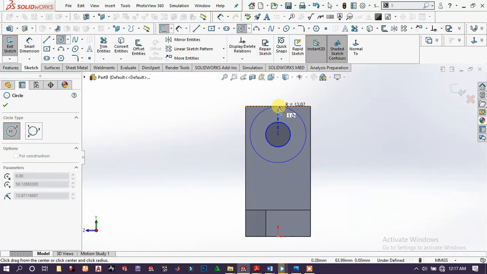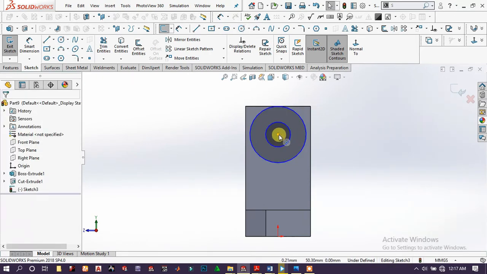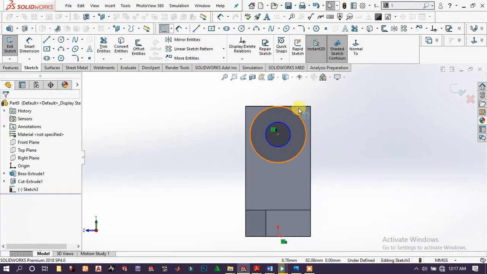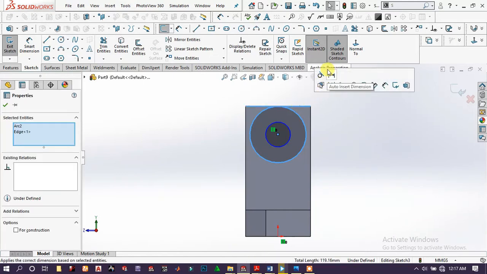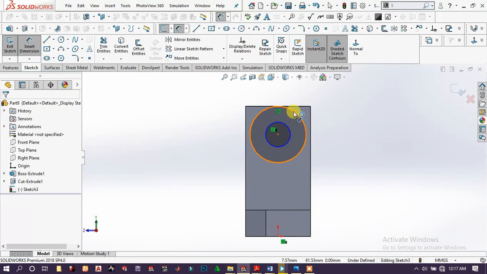Again here, right click select, choose this and this, make them vertical, choose this and this, make it tangent, go to select, smart dimension,